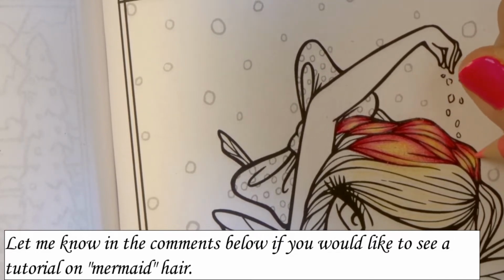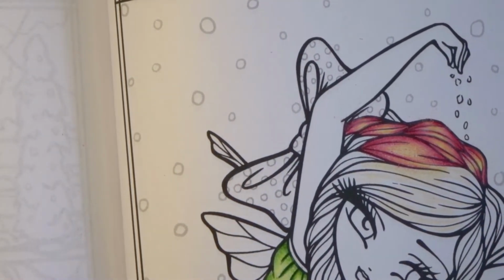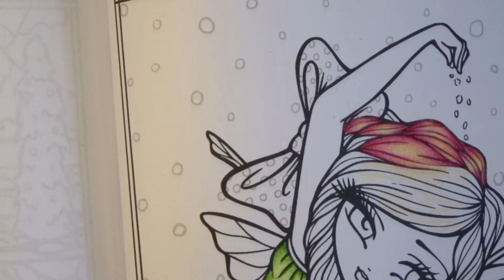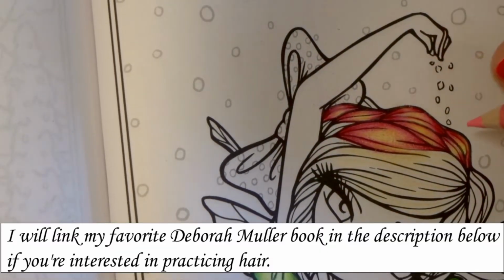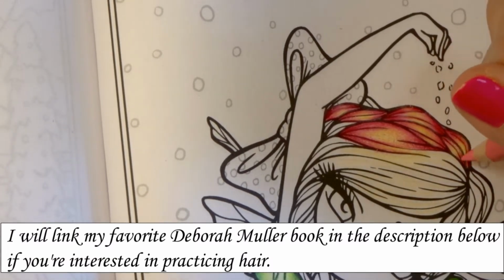One of the books that is really good to color hair is not just Hannah Lynn. She's got a lot of closer up portraits with a lot of hair on them, making them really good to practice hair on. But another one is Deborah Muller,